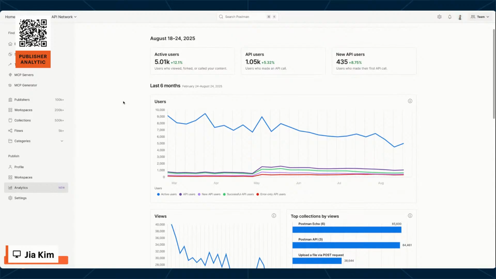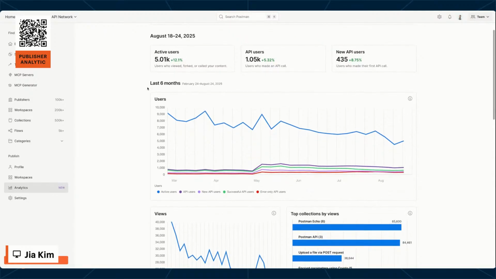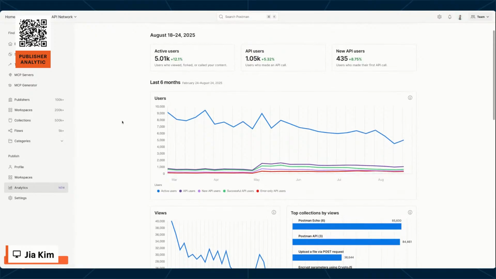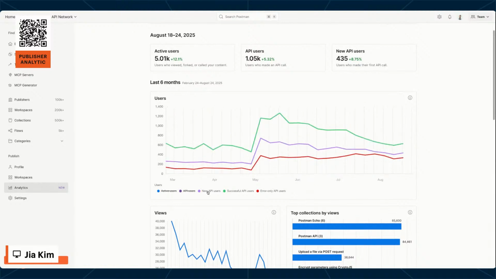And below these headliners, we can start to dig into more insights over time style information. So as Steve mentioned, we want to highlight users. We added a graph to show different breakdowns of the users that come to your content. You'll see there are 3 that match the headliners I showed above, but there are also 2 more: successful API users and error-only API users. This provides extra insight into the results users are getting from your content and whether or not that is changing